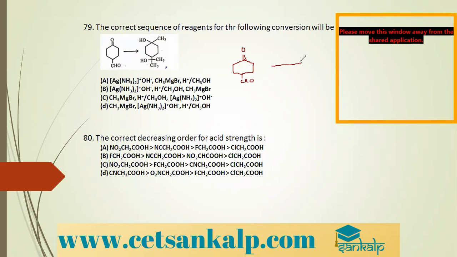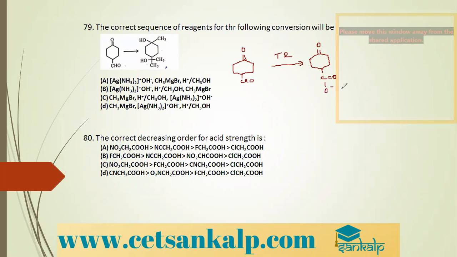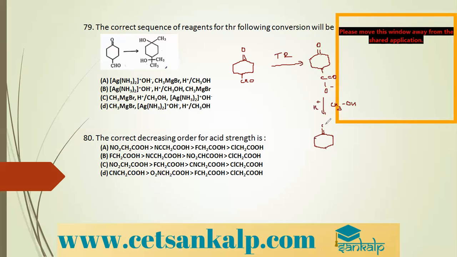If you treat it with Tollens reagent first, the CHO group gets converted to COOH, correct? So this remains, this is not hindered. So C double bond O, O minus, you'll get a salt. Then when you treat it with acid hydrolysis, CH3OH alcohol, what do I get? I get ester, esterification reaction. So C double bond O remains as it is, OCH3, correct?